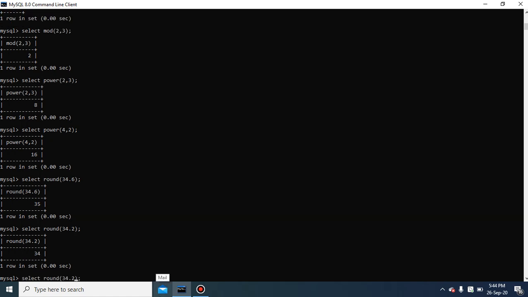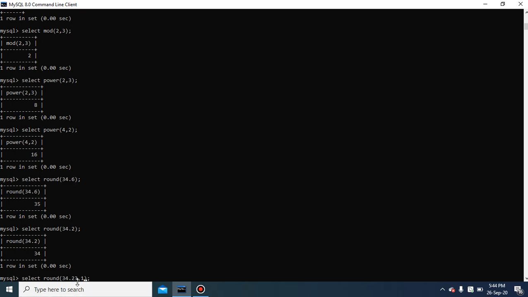If I write two values here, 34.23, and then I provide one more argument, this argument specifies that it will round off the number to one decimal place.